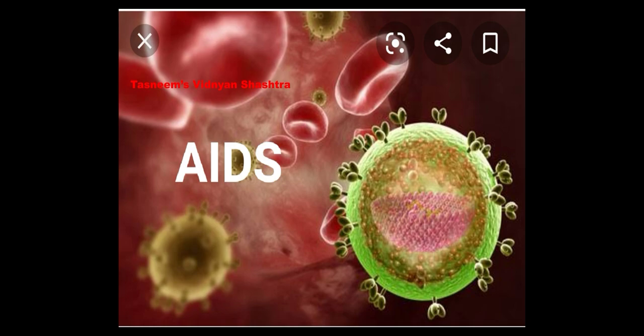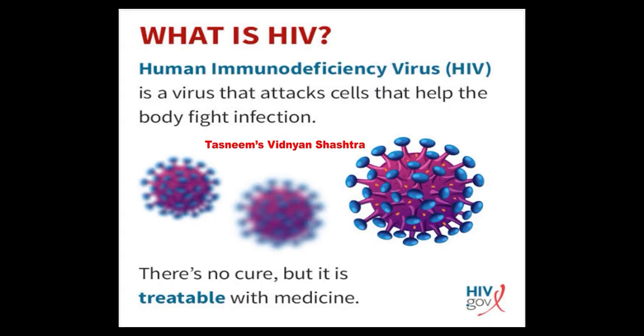People transmit HIV through bodily fluids, including semen, vaginal secretion, anal fluid, breast milk, blood, or by sharing equipment for injected drugs, hormones and steroids with an affected person, and from pregnant woman to child. Many people do not show symptoms for many years. Human immunodeficiency virus attacks cells that help the body fight infection. So that's why you have to take precautions against this particular HIV virus.